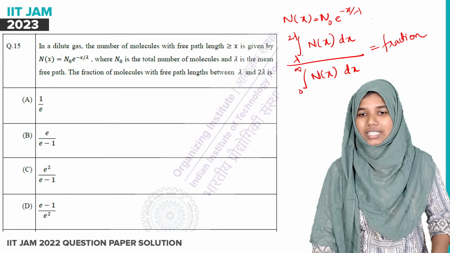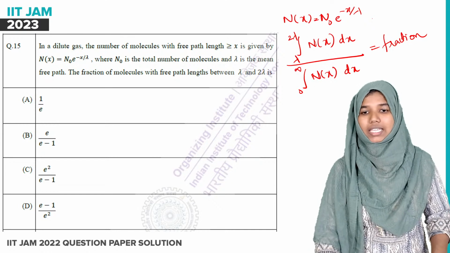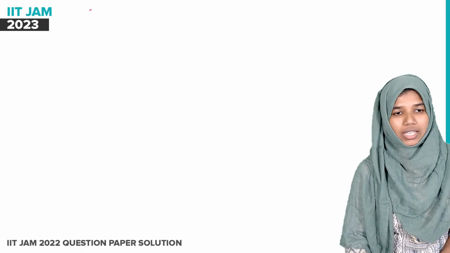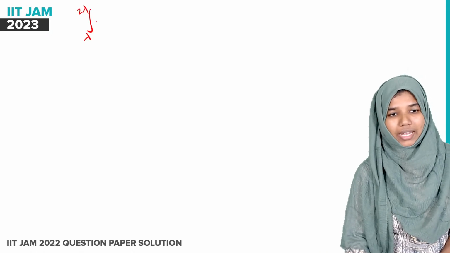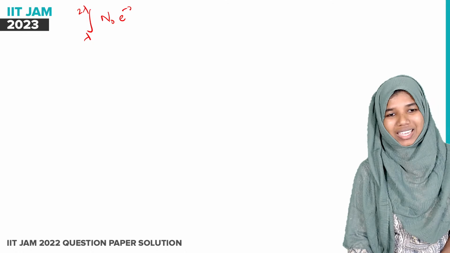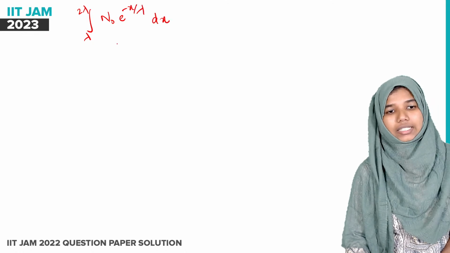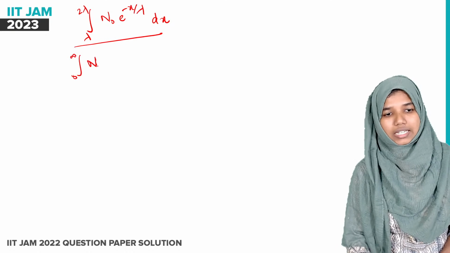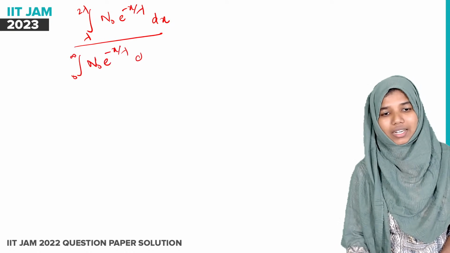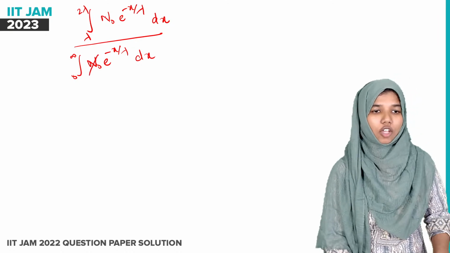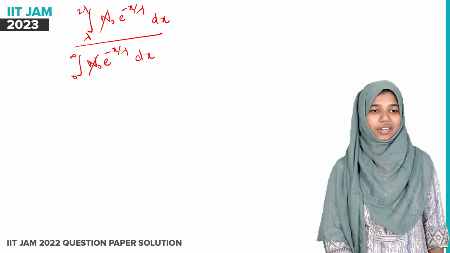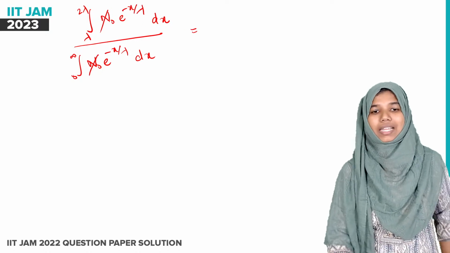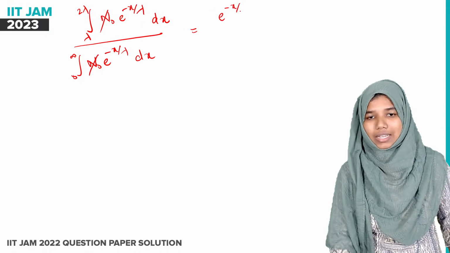Okay, so integral lambda to 2 lambda n(x) dx by integral 0 to infinity n(x) dx. This is equal to integral lambda to 2 lambda n0 exponential minus x by lambda dx, divided by integral 0 to infinity n0 exponential minus x by lambda dx. n0 is a constant, so numerator and denominator n0 cancel. This is equal to, now integrating exponential minus x by lambda, again minus x by lambda